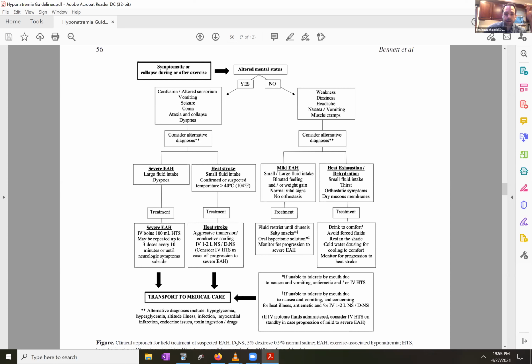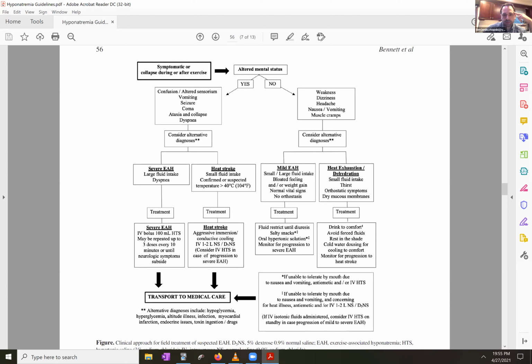And that's not going to get better until you correct the underlying sodium. So that's actually the strongest recommendation that they give. But in their consensus, they bring up some really good things. So on that milder side of the algorithm, on the other hand, where people come in with suspected mild EAH, even if you can't confirm the diagnosis with your labs, then one of the things they of course mention is